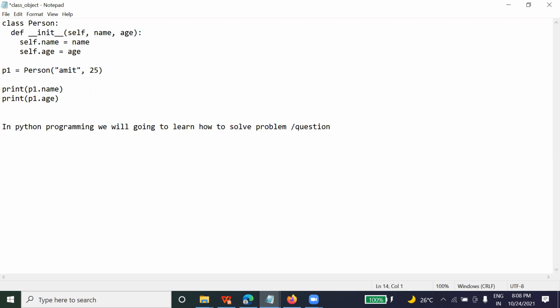For example, let me give you one question, an addition program. I am giving you one problem. Problem means a question, a challenge which they have given to you. Suppose you have to do addition in Python. How are you going to do that? Can anyone tell me what will be the steps of doing addition? I've already explained it in the lectures. What is the step? Anyone remember?